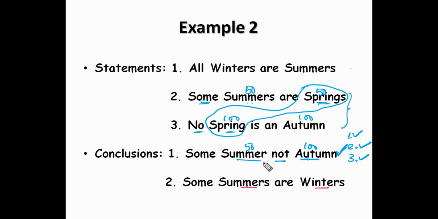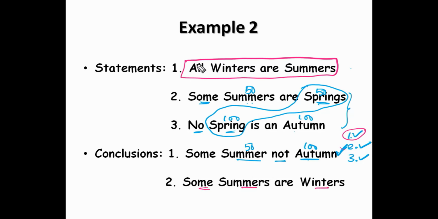Summers and winters. To get the relation between summers and winters, it is given directly from statement 1 itself. We can conclude this conclusion. Okay, so the first step is positivity and negativity. All is positive and some is also positive. That is okay. Second, can the assigned values be combined or not? Because it's a single statement, there is no need to check this step 2.